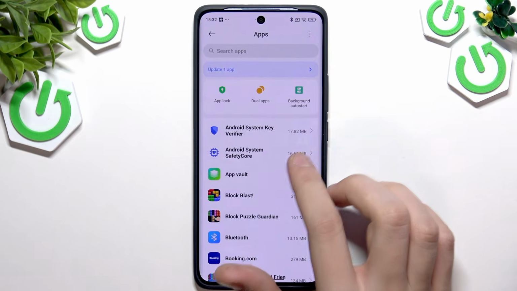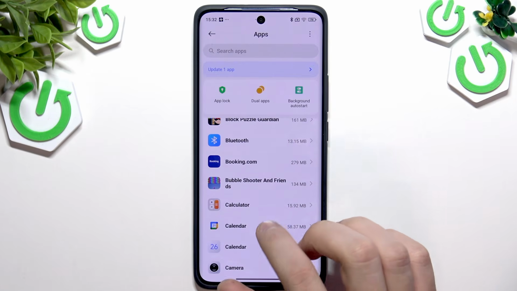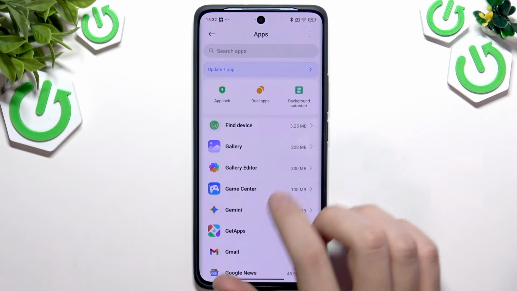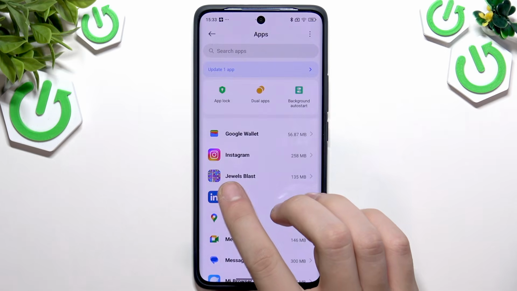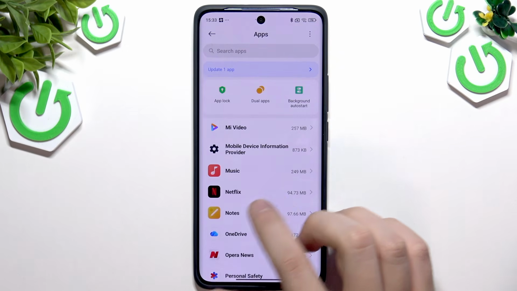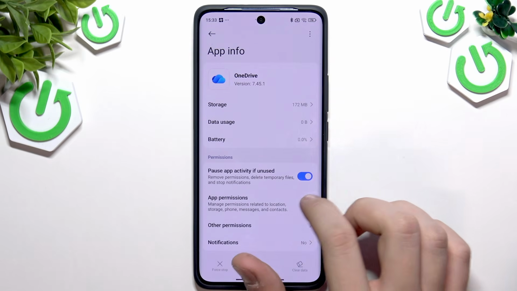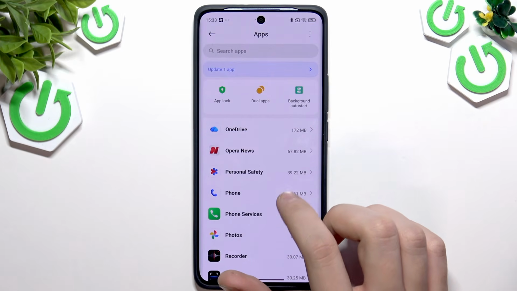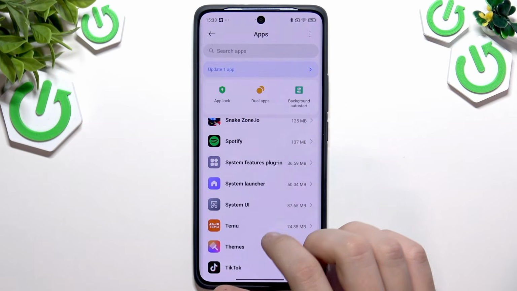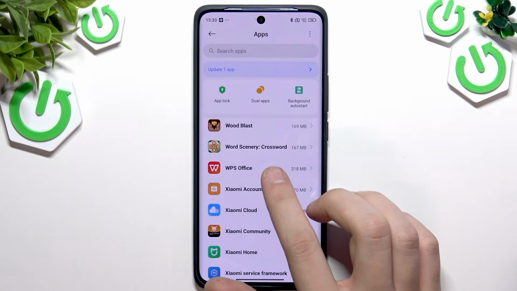Here they have, as you can see, Amazon Shopping, Block Blast, Blog Puzzle Guardian, Booking.com, Bubble Shooter and Friends. What do we have even here? Dust Settle, Jewels Blast, LinkedIn, Netflix, OneDrive. Yeah, we can uninstall the OneDrive. I'll uninstall OneDrive. I'll uninstall Opera News maybe. Snake Zone, even Timo, TikTok, TileFan, Wood Blast, Wood Scenery, WPS Office,